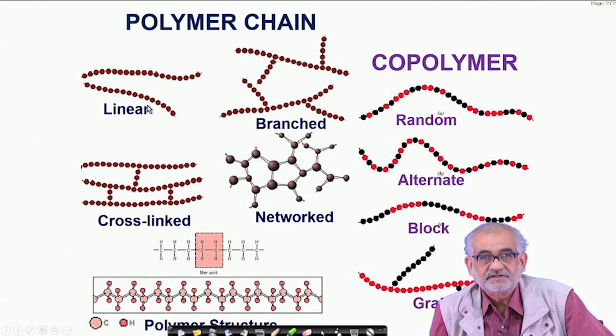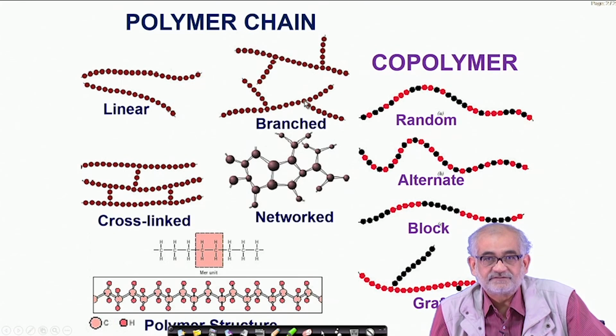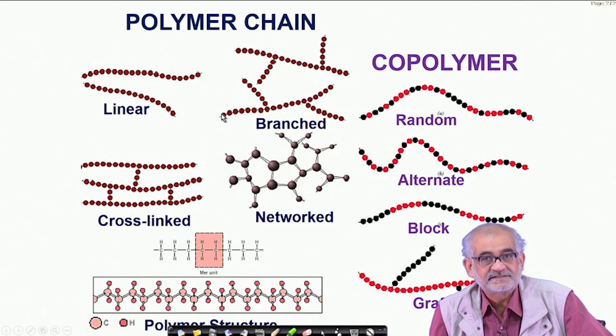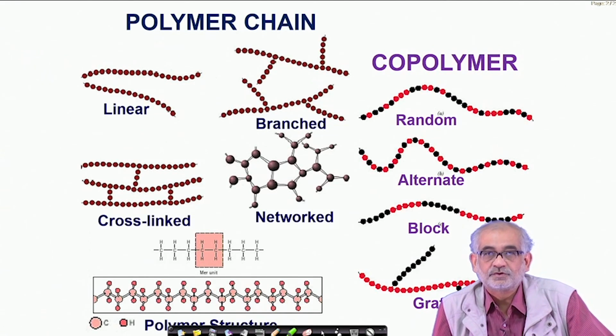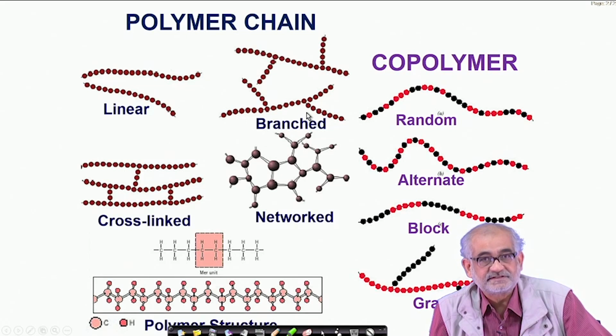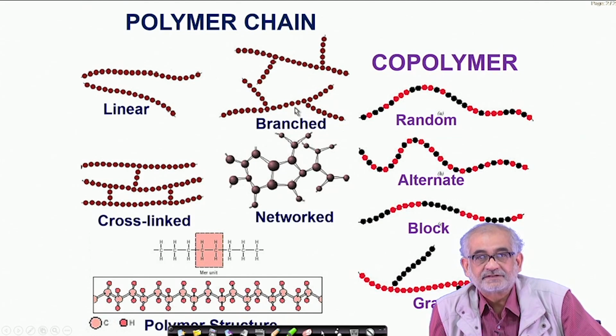Now these mers, when they join with each other in a long chain, develop what is known as a polymer. And these polymers can actually be manifested in purer form as linear polymers or branched polymers, cross-linked polymers, or network polymers. What we need to immediately understand is that along the length of the chain, we have only one bonding, and that is exactly of the same magnitude, covalent, where the electrons are shared between